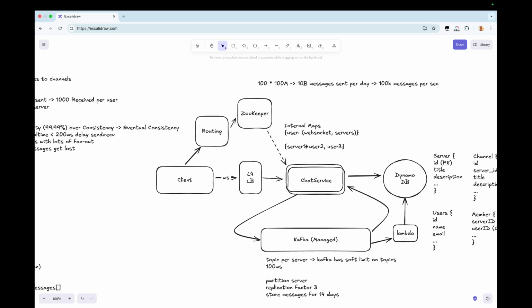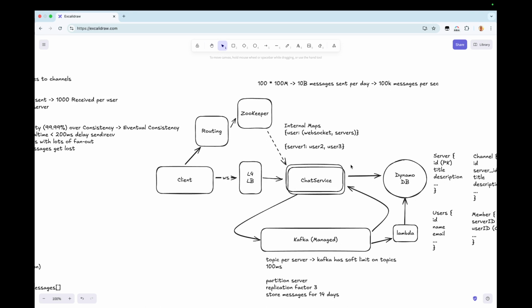servers. So if a user is interested in a particular server, then they would connect to that particular chat service instance. And so that way each chat service instance is only responsible for a range of servers, and each user is only going to connect to the chat service instances within that range. And what that means is that, because we have it consistently hashed, they don't have to subscribe to every single Kafka topic. We actually limit the number of Kafka topics that we need to consume from.